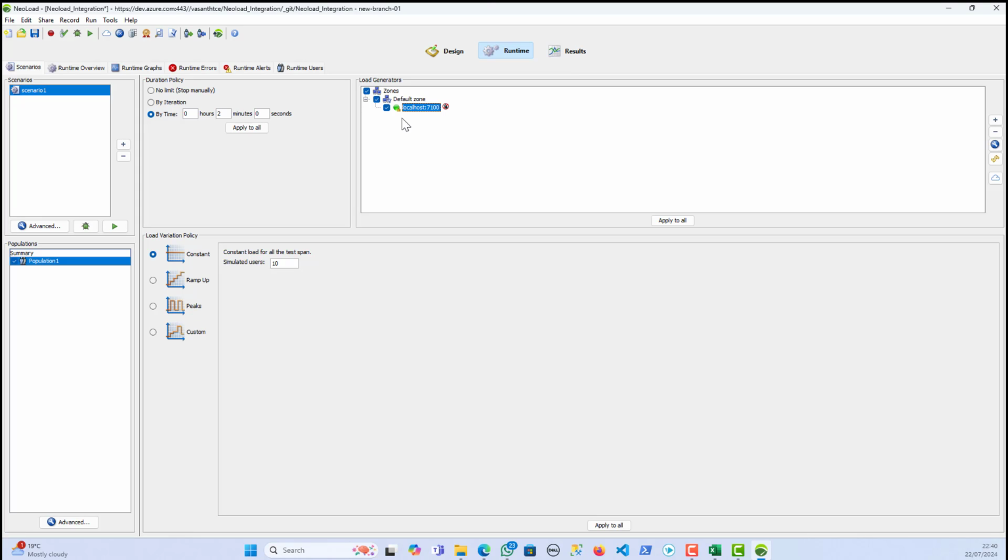Once you get confirmation that everything works fine with a lesser user load, you can slowly ramp up your user load. For example, increase it to 50, then 100, then 150, and then 200, so that you can understand at which point you get the issue. And then the third part is to disable your antivirus in the system or your computer firewall, because when you run the test after disabling the antivirus or firewall,